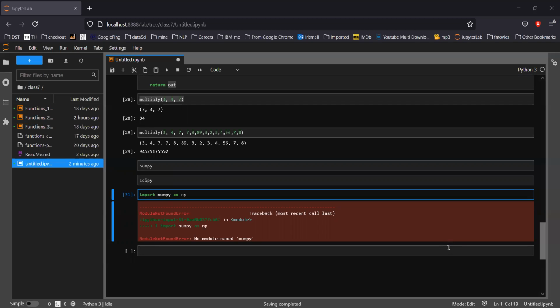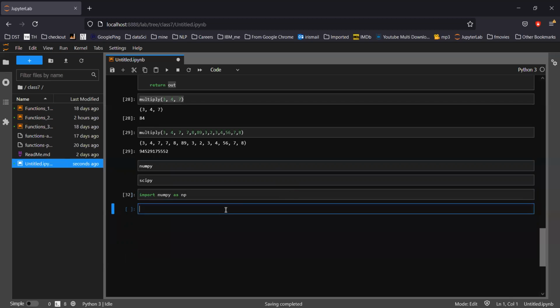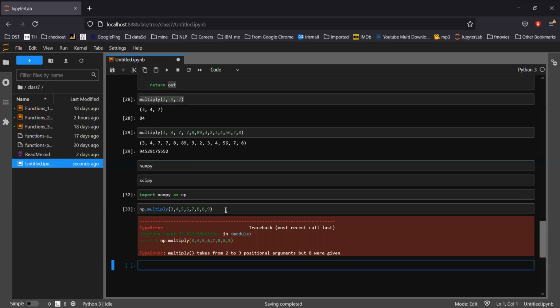We are going to see what the modules are and how we can utilize them. Those modules have very good functions where we can do things directly. Let me just check multiply. Oh no. Another one.